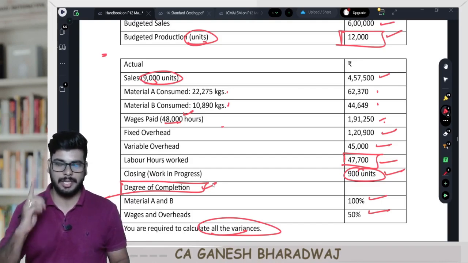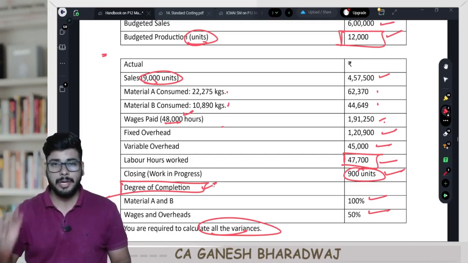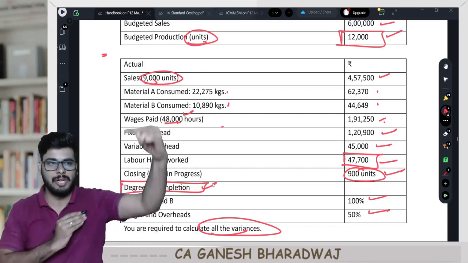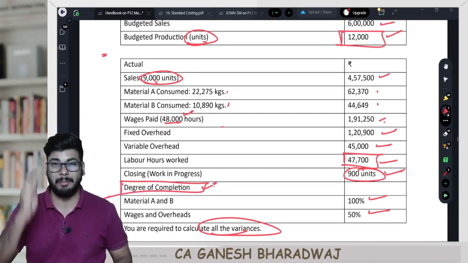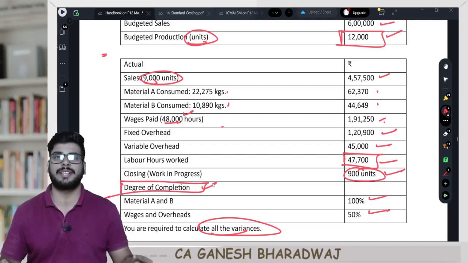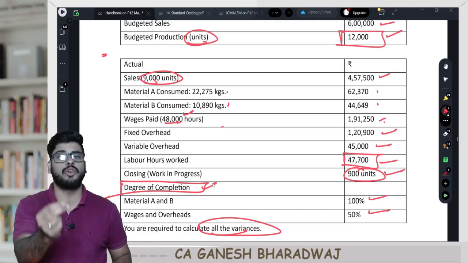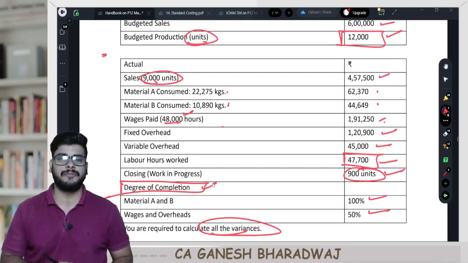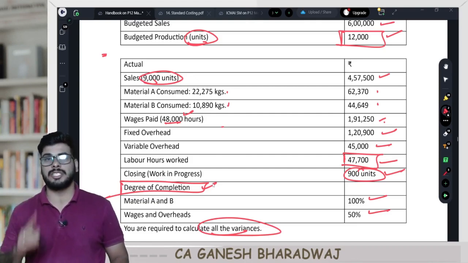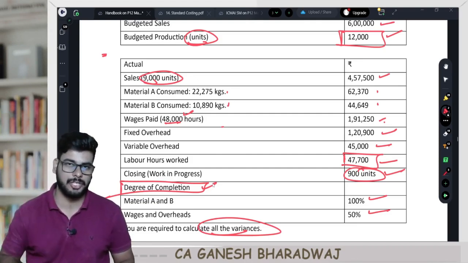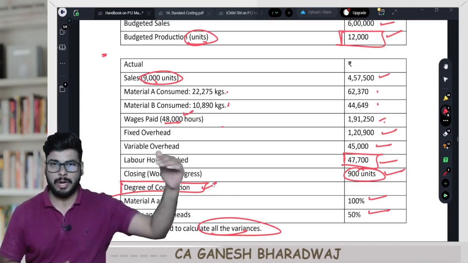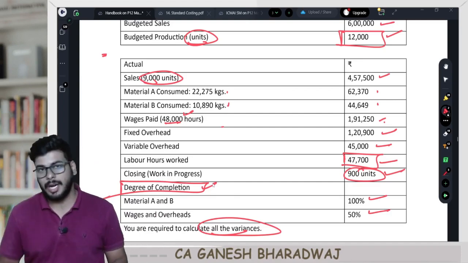This one single question is a brilliant and strategic way to revise the entire chapter. Having covered all the concepts, this is a must visit sum. In fact, mark this sum as important the day before your exam, or even if you're just 1 or 2 hours before the start of your exam. Even in that case, I would suggest that if you want to revise standard costing, pick this sum. That is the importance of this sum, because it tells a lot of other things as well apart from whatever we've seen till now. Now guys,